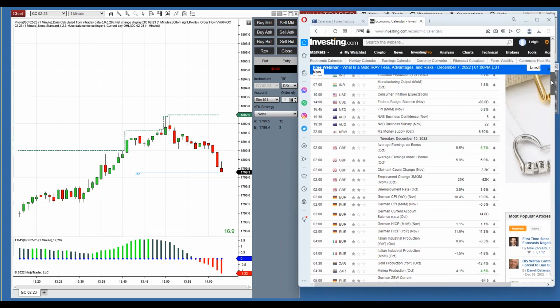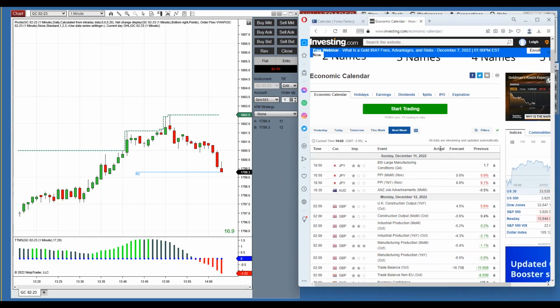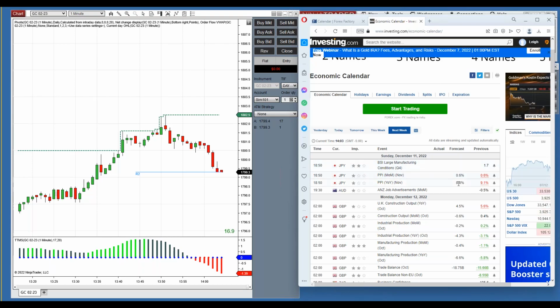If you go up to the top, you have actual, forecast, previous. So the forecast compared to the actual is what makes these events move. If they're expecting 10 barrels of oil and you get 500, there's more oil around, so it might push the price down. You get that, right? That's why all this stuff works. So that's why investing.com to me is so important. It shows you the news result without having to choose or upgrade or refresh anything, and it does it in real time so it's usable while you're trading.